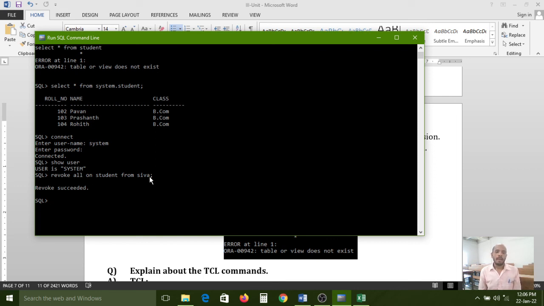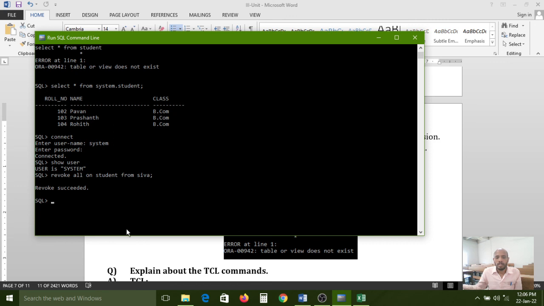Previously I gave the permission to see my data from system user to Siva. Siva user had taken a permission to see the system user data. So the task is over. Okay. Now I am cancelling. The system user is cancelling the permission from Siva.